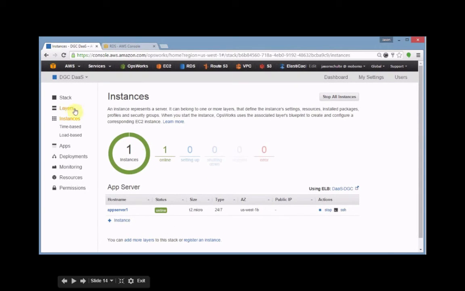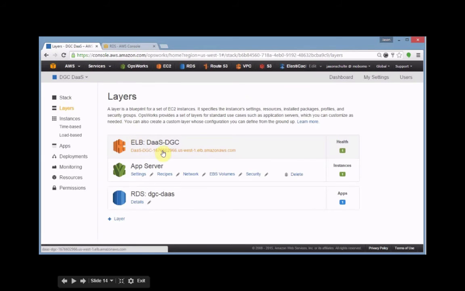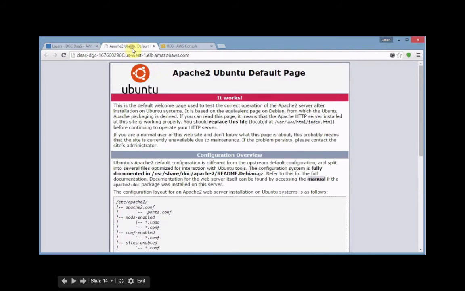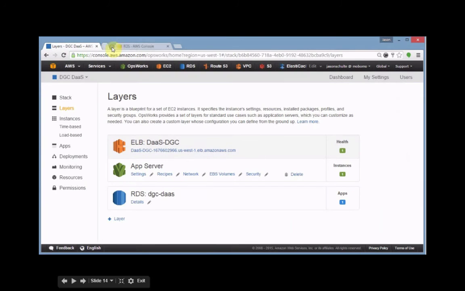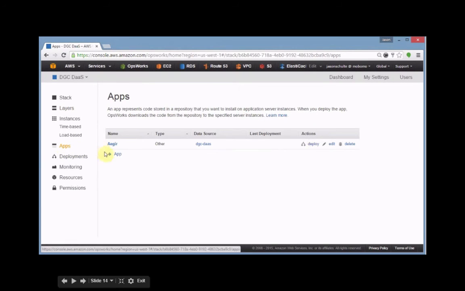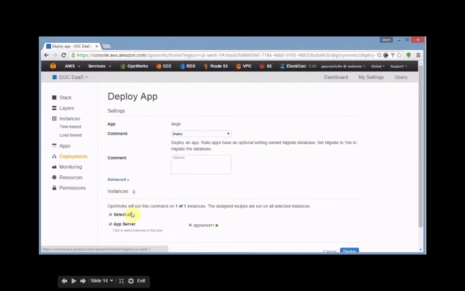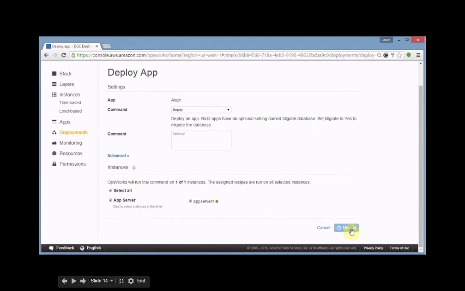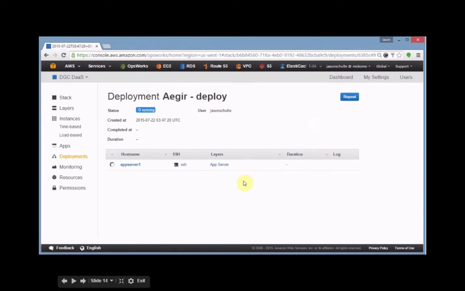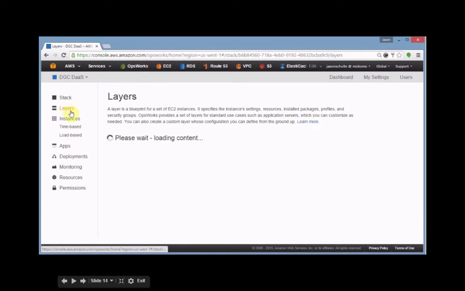That time lapse was probably pretty quick. It probably took 7 or 8 minutes for it to actually boot up that server. You can see, so now the server's up and running. I just hit the load balancer in another browser window. Right now it's just showing the default Ubuntu landing page because we haven't deployed our app yet. So now what I'm doing is actually deploying the app that we defined, which again, all of this is heavily reliant on custom Chef scripts that Mobomo's written. So now our app's been deployed,